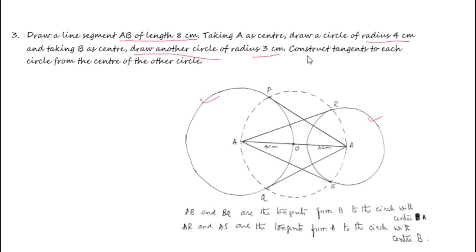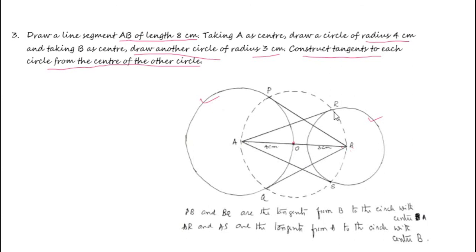What you need to do now? Construct tangents to each circle from the center of the other circle. To this circle with the center as A, you need to draw the tangents from B, and to this circle with the center B, you need to draw the tangents from A. First we need to mark the midpoint of AB. Usually we draw a perpendicular bisector. Here it is not required because the radius of this circle is 4 cm. So this point is the